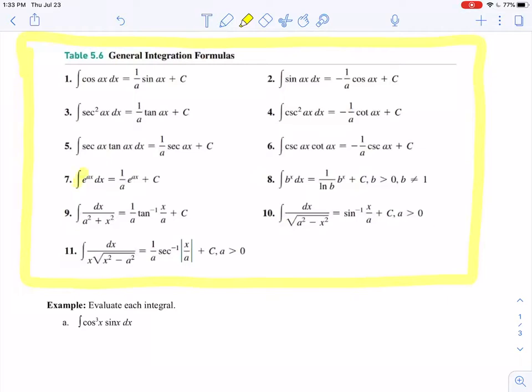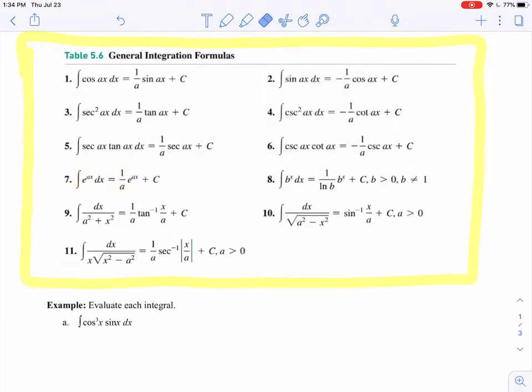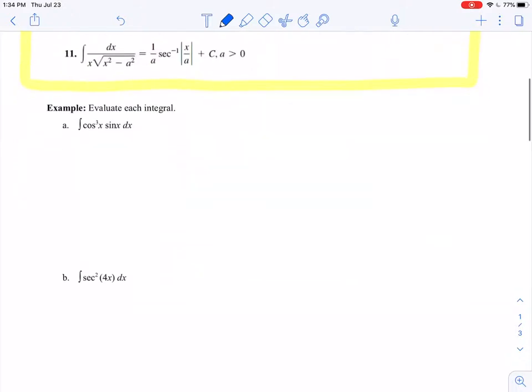So if I look at, say, this example right here, if I was integrating e to the a times x, so if I have just a constant times x, I can take a shortcut there and write that as 1 over a times e to the ax power, and then of course plus my constant of integration c. I have no strong feelings about whether or not you use these. Personally, I don't use any of these. I just use substitution as needed for every single problem. I don't really like to memorize formulas, so I don't use these very often, but they're there if you would like to use them. So we're going to hop into some examples here